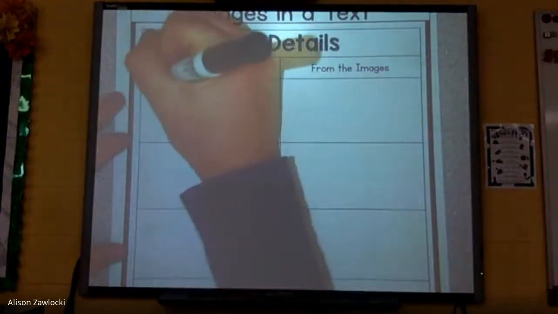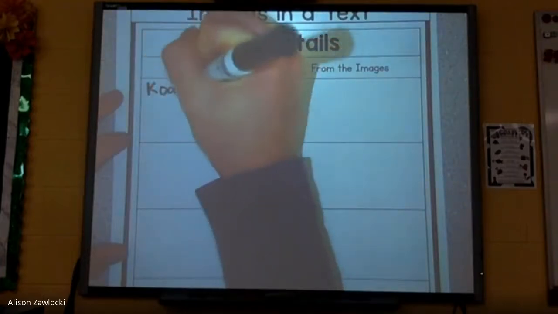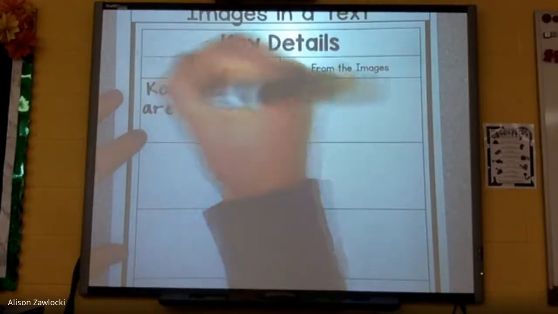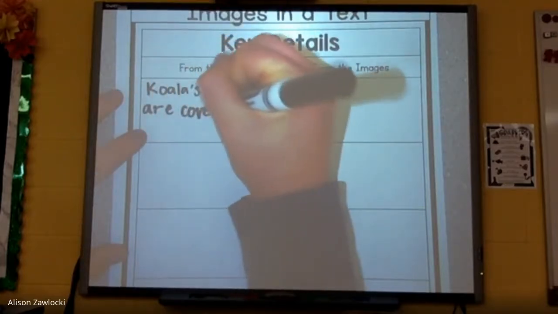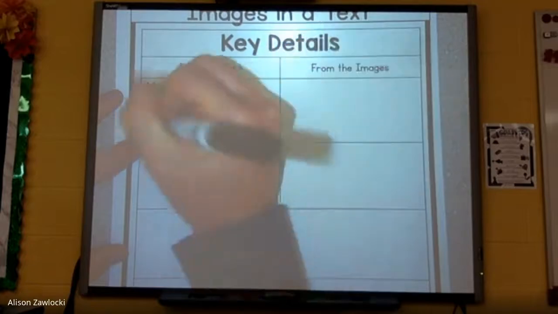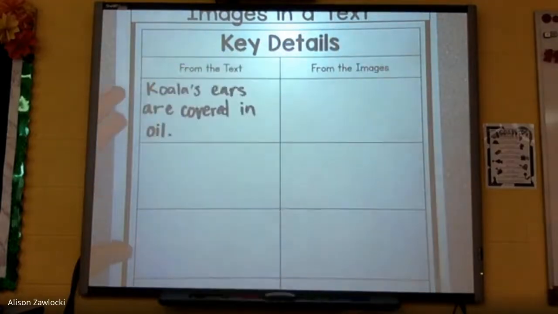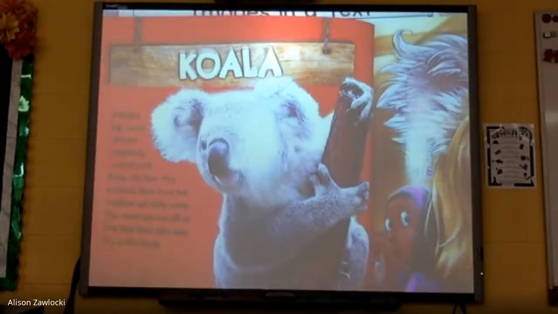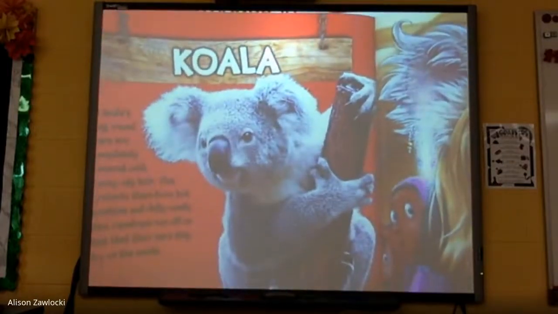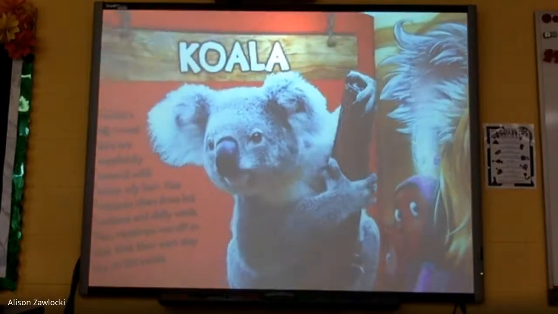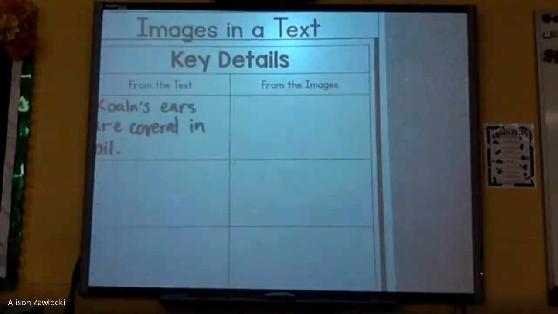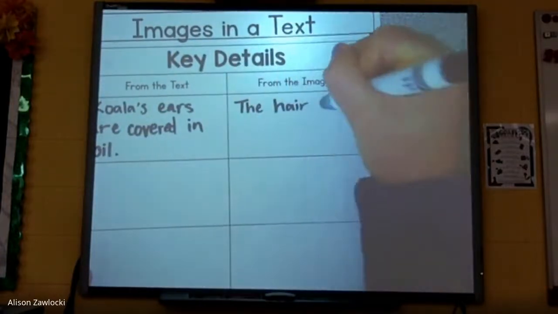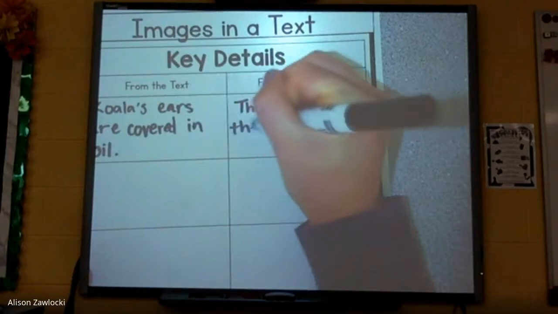Let's write koala's ears are covered in oil, so water doesn't get in them. I wouldn't know that by just looking at the pictures. I know that by just reading the text. Now look at the picture. And what can we know by just looking at the picture? I notice that the hair on their ears is very long. The hair on their ears